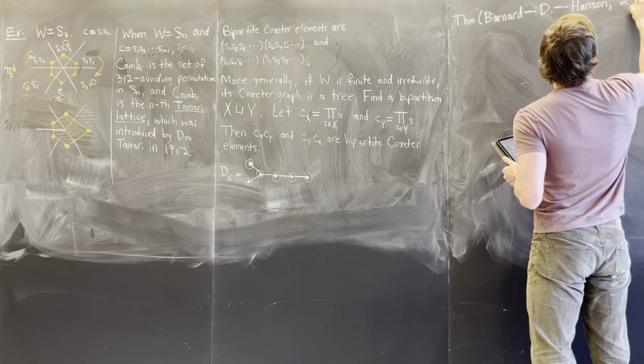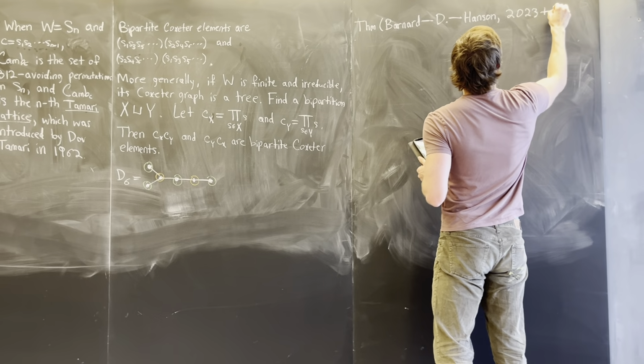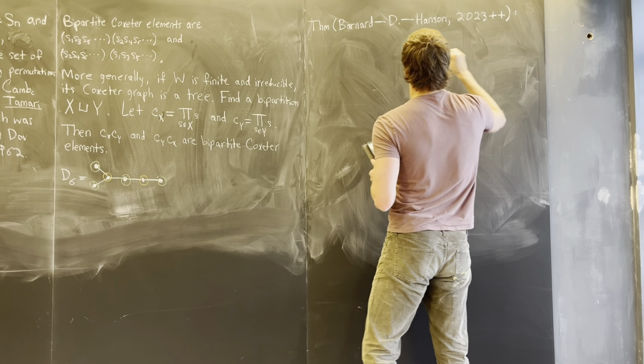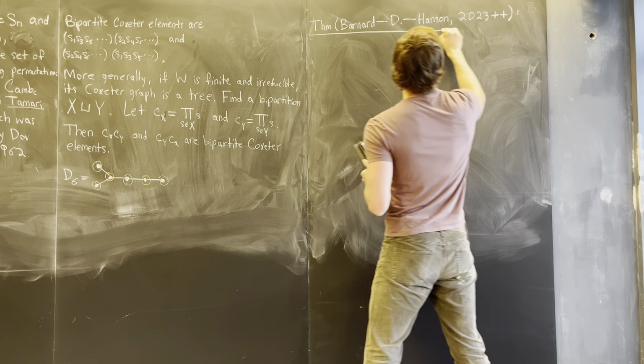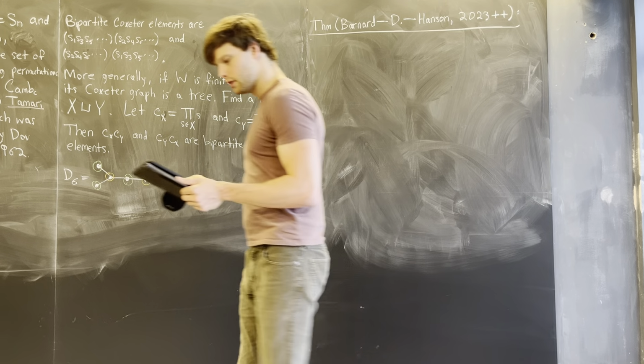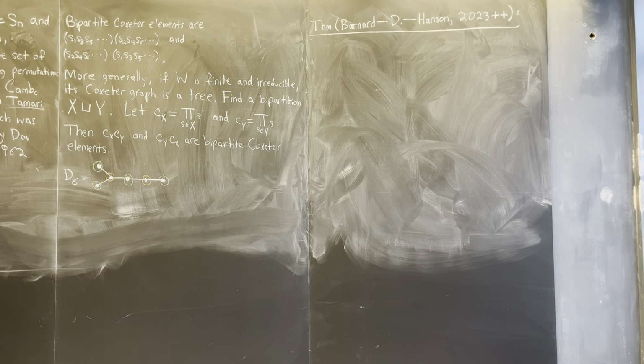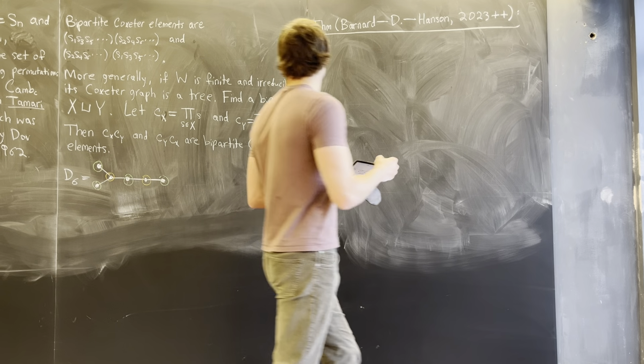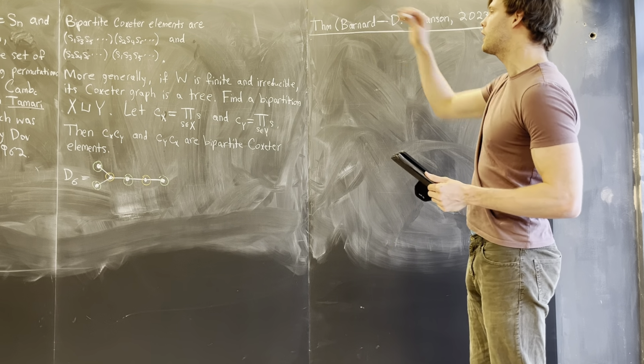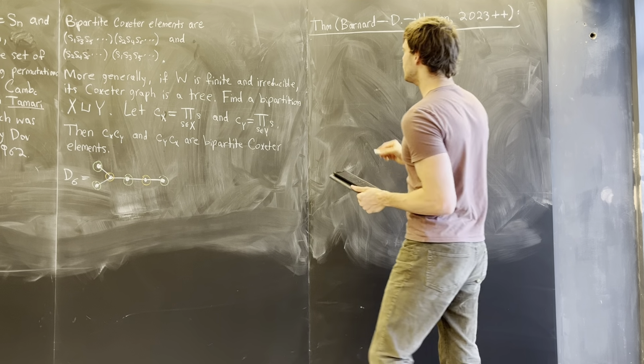I guess I'll write 2023 plus plus, and the plus plus means that it's not yet on arXiv, but it will be hopefully soon. So this is going back to POP, but we're going to do POP on an arbitrary Cambrian lattice of an arbitrary finite irreducible Coxeter group, and we show that